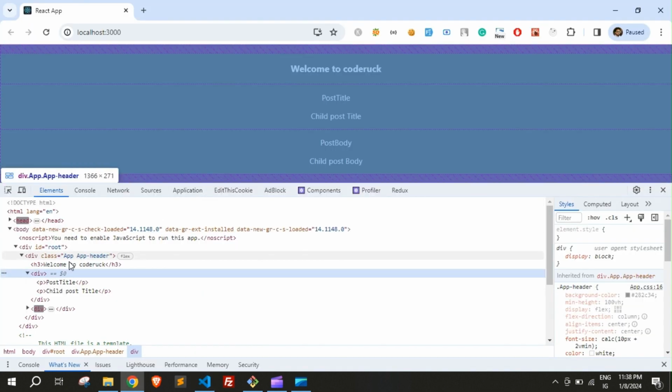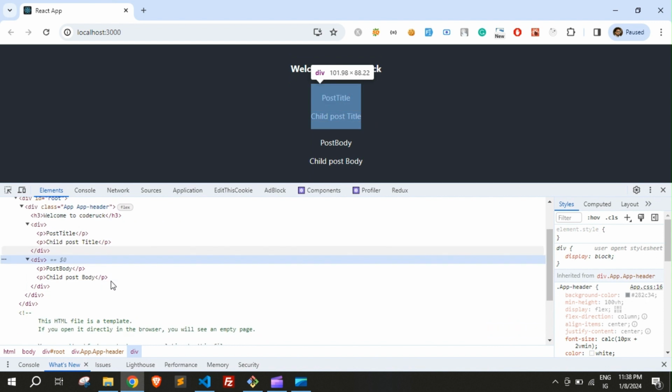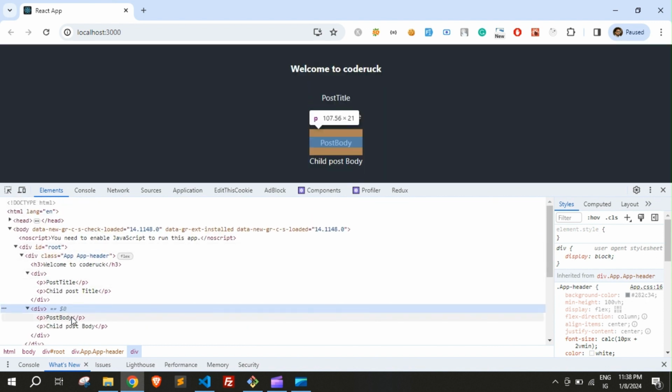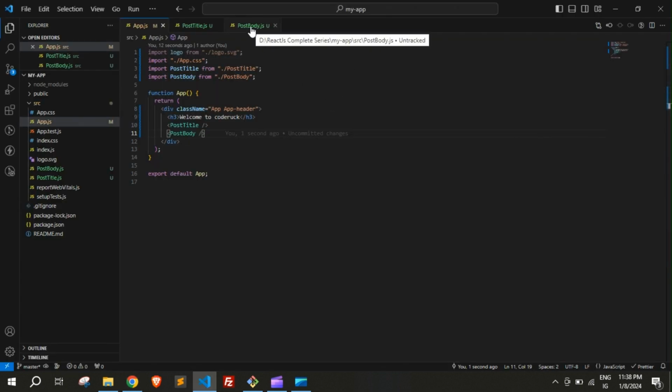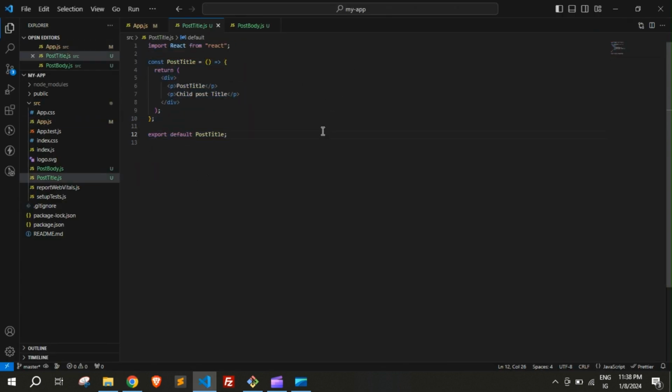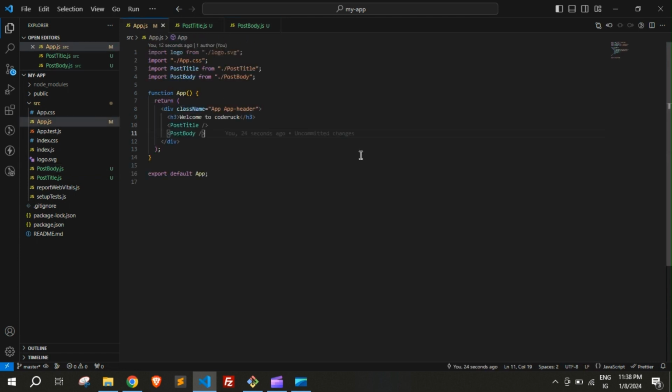now you see again it has created a div, and then we have the code, or we can say the UI part. So what we understood is that every time we create a component we have to wrap it in a parent element, same as post title, same as body. But React gives us flexibility: instead of creating a complex DOM structure and an unnecessary parent for each and every component, we can use a fragment to wrap a list of nodes without creating